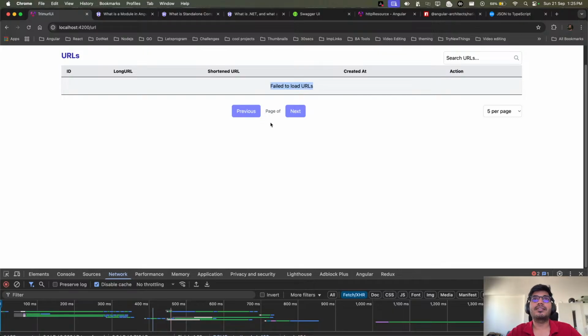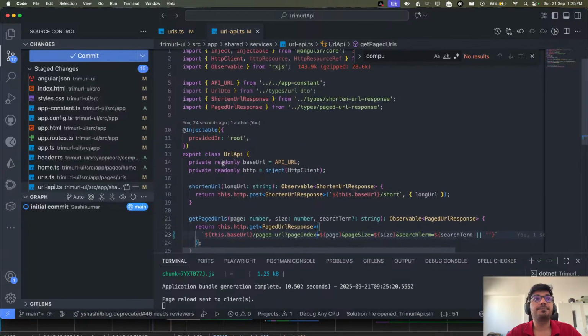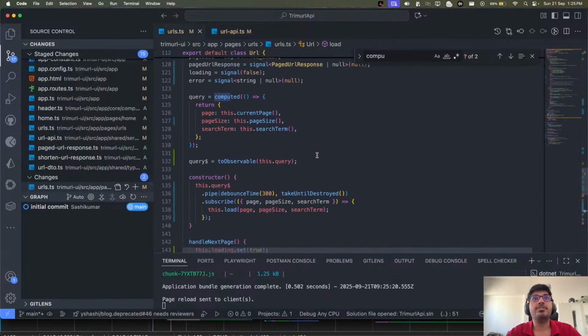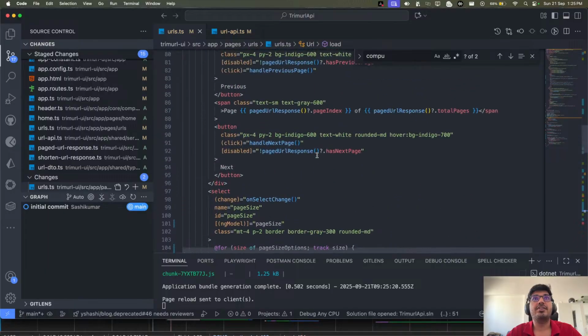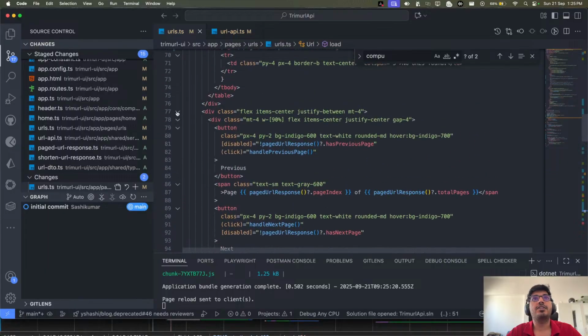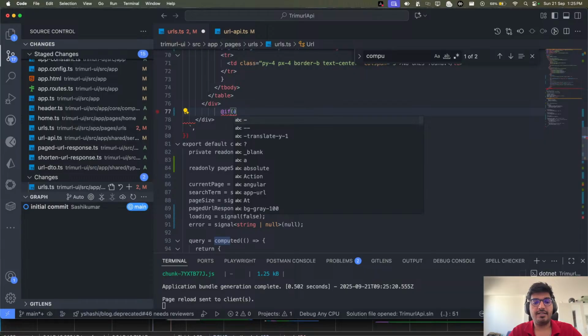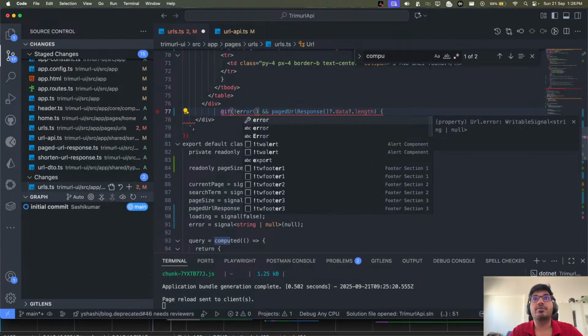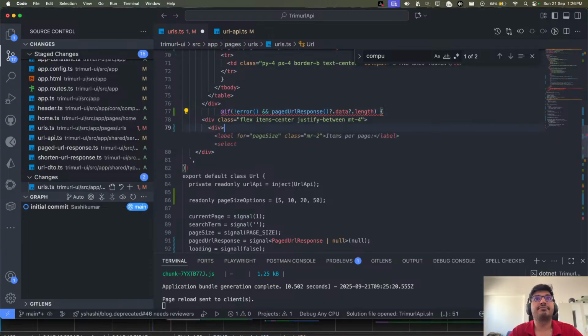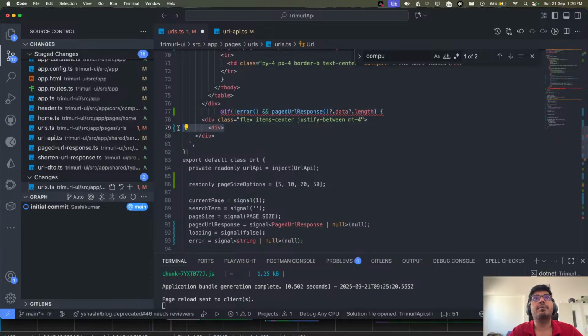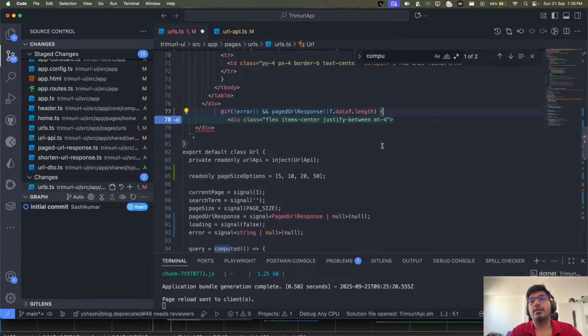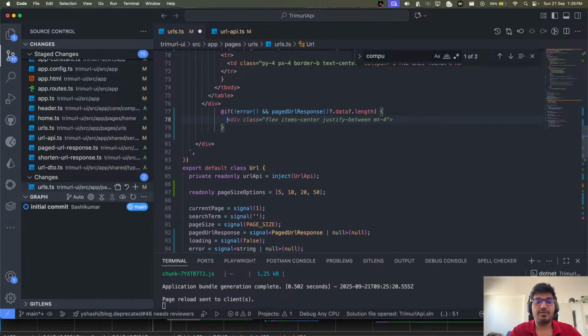Also, if you don't like this approach, then you can add one more if here: if there is no error, then only show this, or else you can skip this. Let me tell you what I mean by that. If I go back to this page, you remember we have a pagination created, and this seems to be my pagination. So you can wrap this inside an if there is no error. Only then are you going to show something. Let me remove this and have it like this, and inside that you can paste the code.